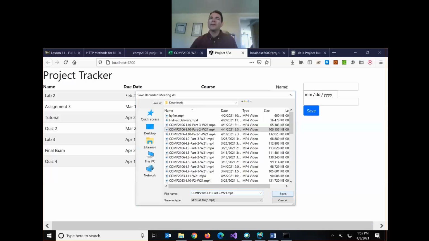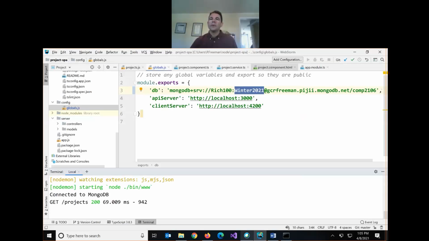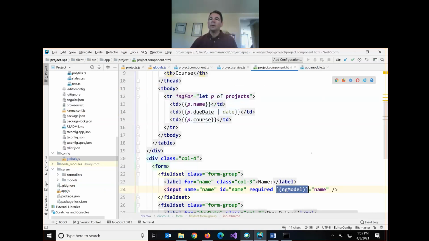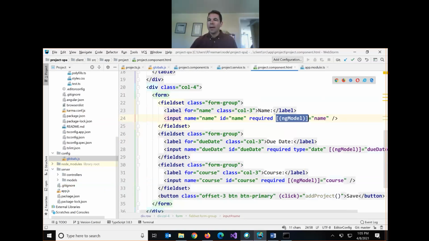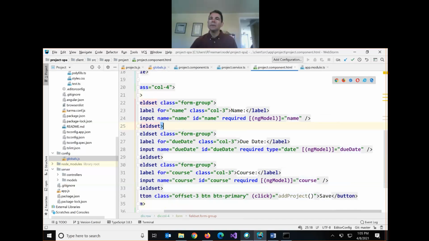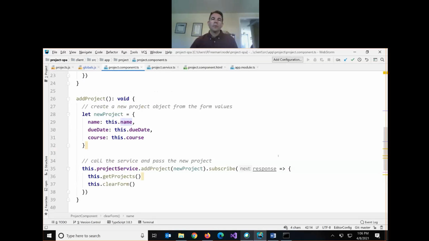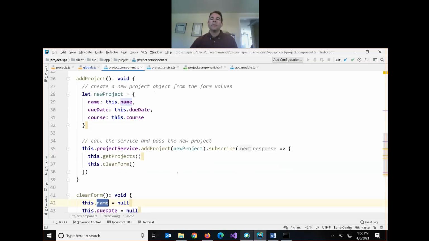So we're back with lesson 11, part 2. So we've added a form to our HTML. We've added a little form here. We've used 3 ng model directives as well as a click handler. We wrote an add project method in our component, which then passes the new project and also calls add project